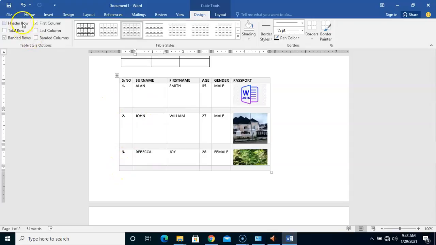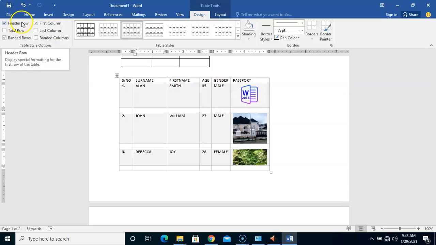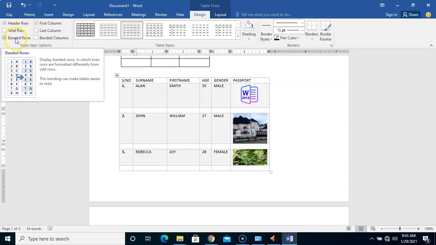But because I say header row, it's going to leave the first row, then start the banded from the first column. So that means the first one is the header. Do you understand what I'm saying? So what I've just said is that you should give a header row to this, and you should apply banded